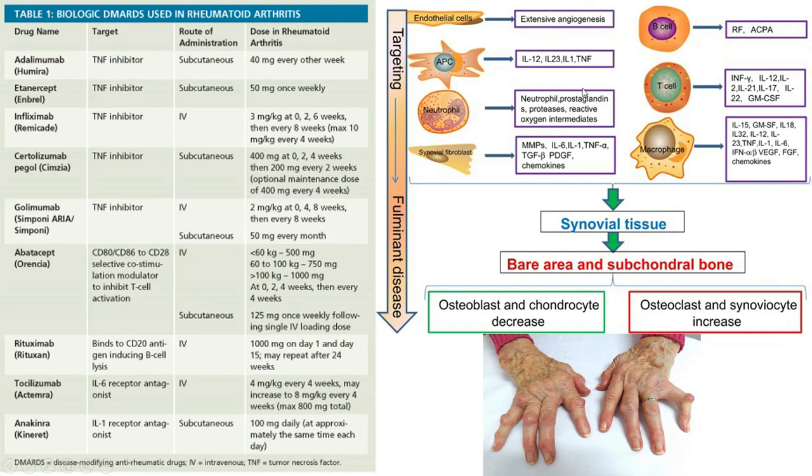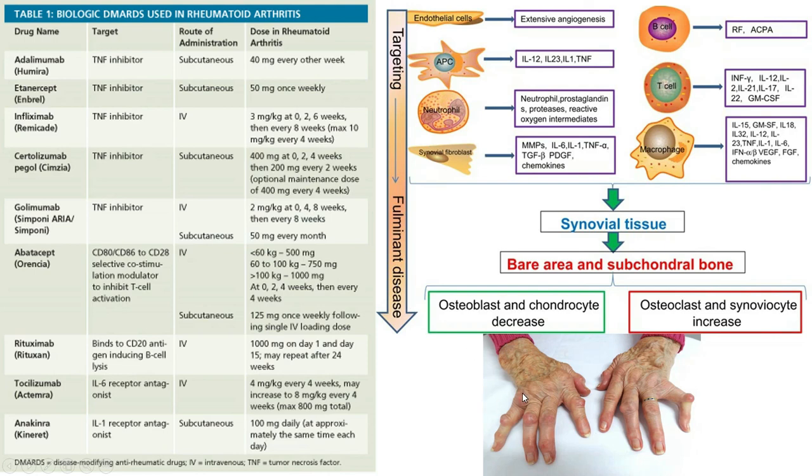Then the B cell and T cell come into action, along with progenitor cells, and then activation of neutrophils and macrophages, which act on the synovial fibroblast along with some interleukins. It can cause activation of the synovial tissue. The hyperactivation of synovial tissue can affect the bare area and the subchondral bone along with the tendonitis effect, and so this deformity occurs. And as this immunological problem goes on, the deformity will increase.